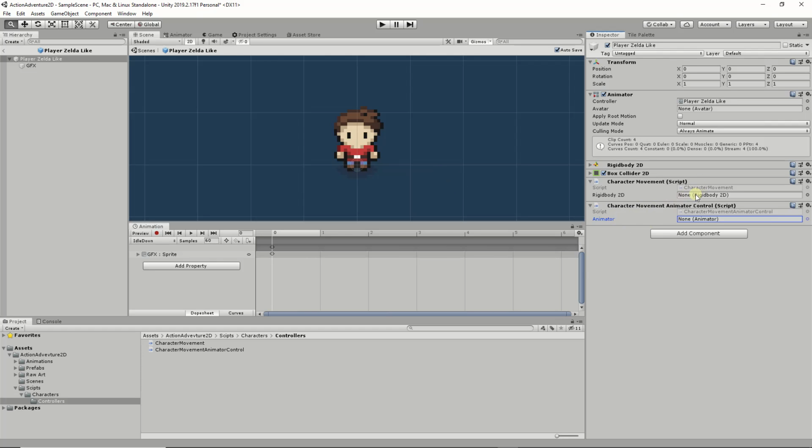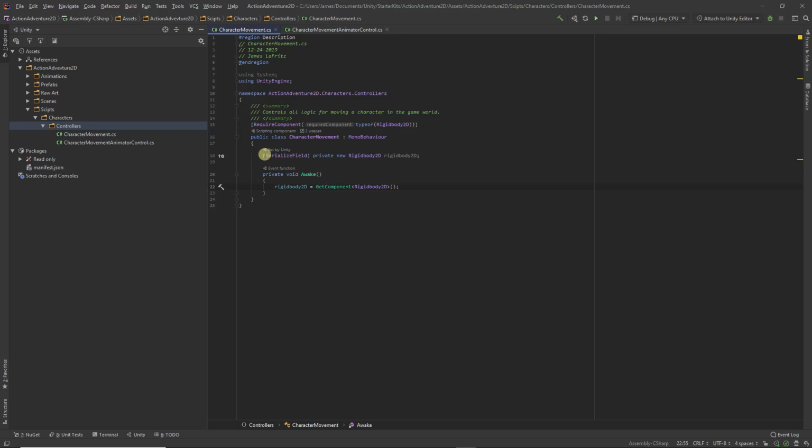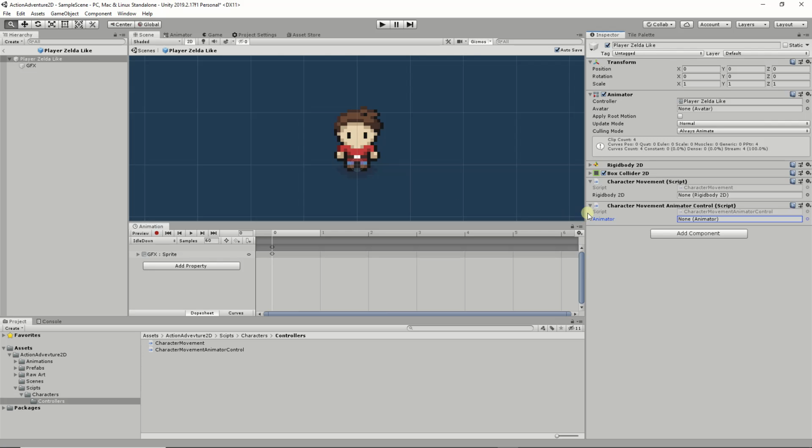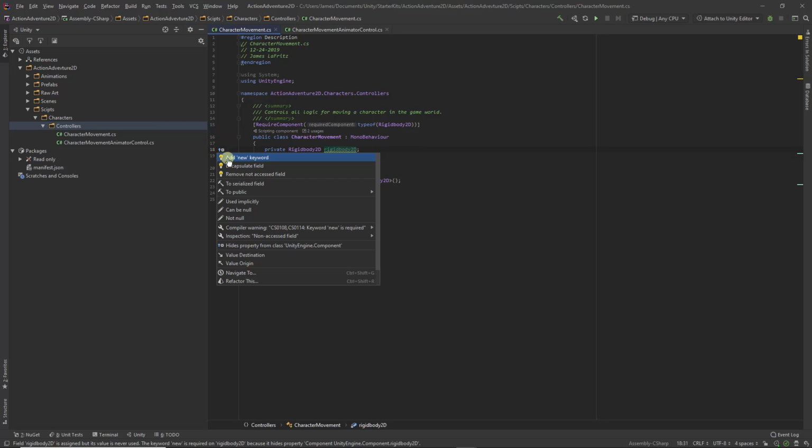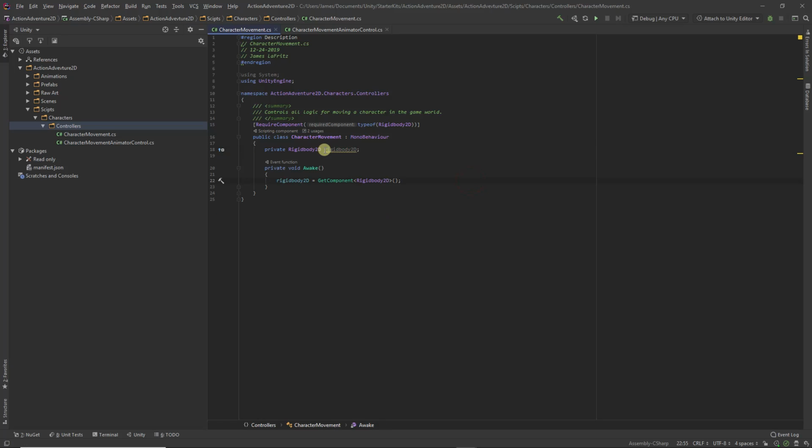But we want to be able to assign it in the inspector and make changes in the inspector. So we add this serialized field, which tells Unity, hey, I know that it's only going to be used in this class, but I want to have a nice little GUI here to make settings, and it'll automatically add it to the settings. So, but we do not need this, and because I'm going to rename this to m underscore rigid body to go with my naming conventions, because it's a private field,